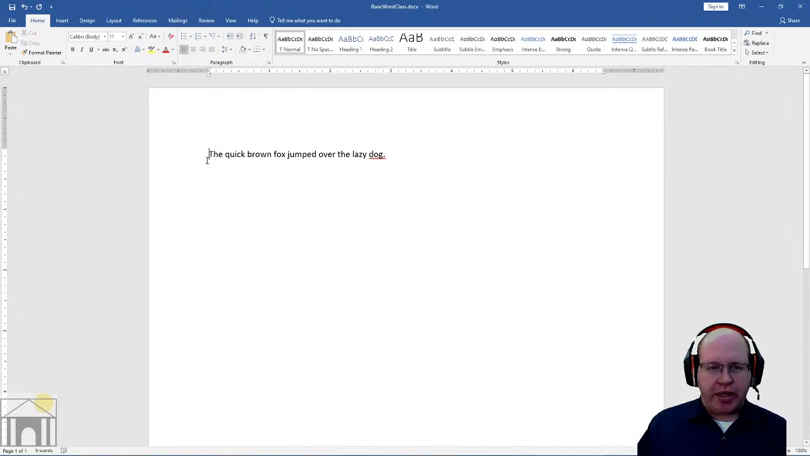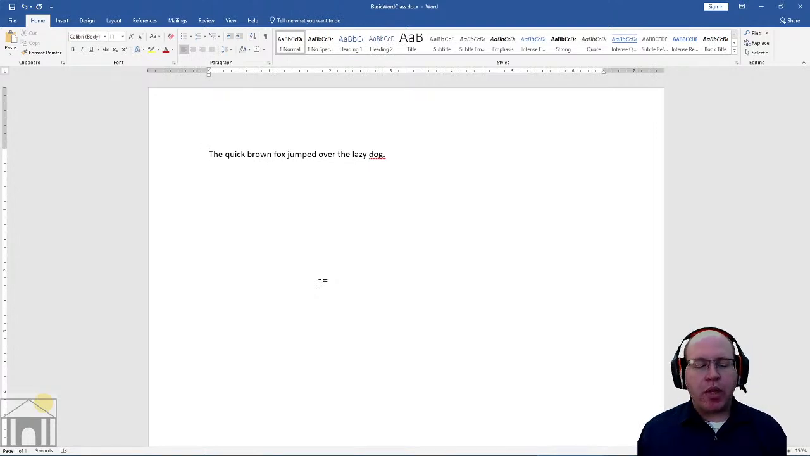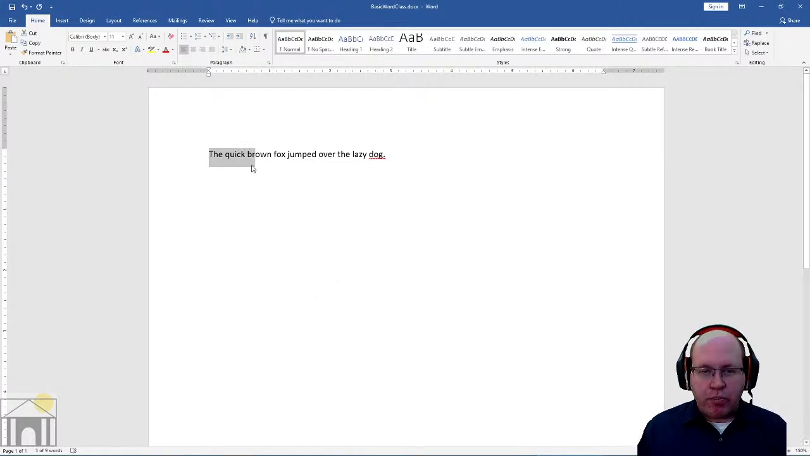So if I want to start highlighting at the beginning of the sentence here, just like remember before when we looked at the keyboard shortcut for save, we held down the control key and hit S to save. Here, if we hold down the shift key over on the left side of your keyboard, and then use the arrow keys on the right side of the keyboard to start moving the cursor to the right, you can see now I'm getting the highlight moving across